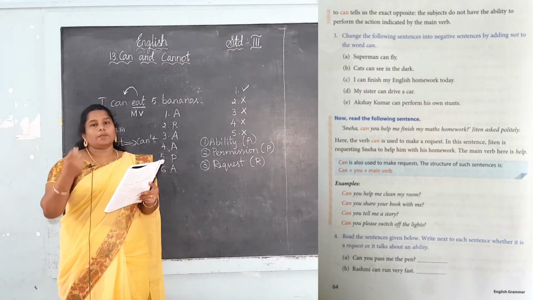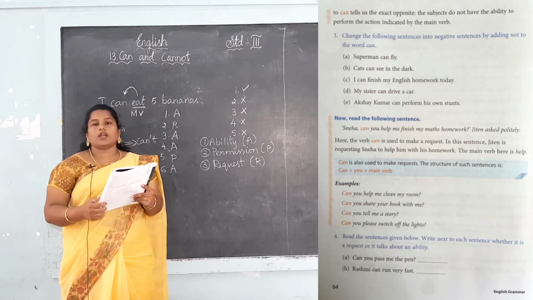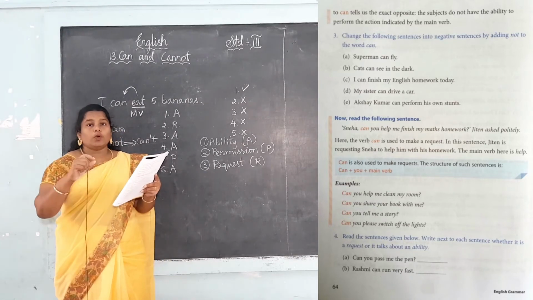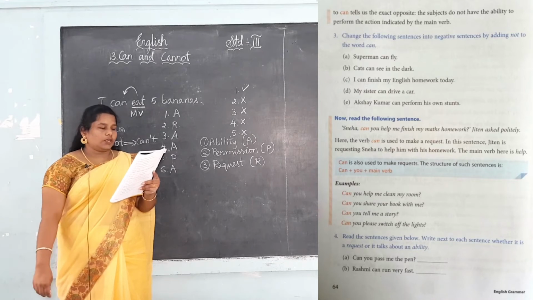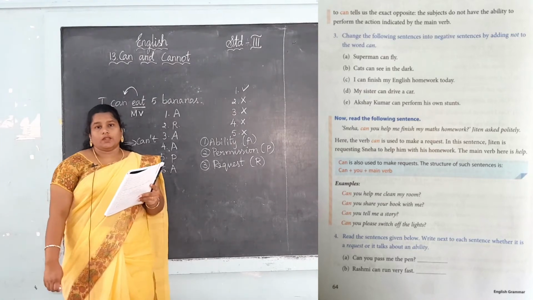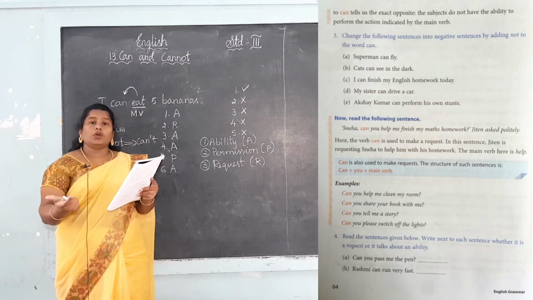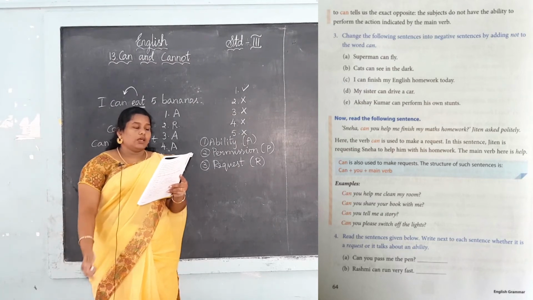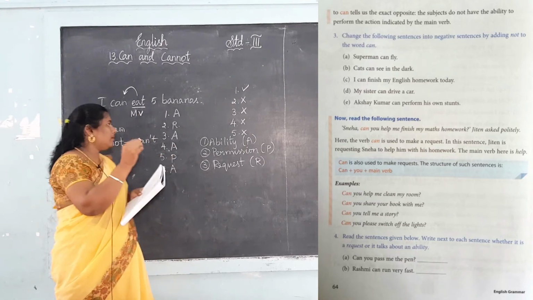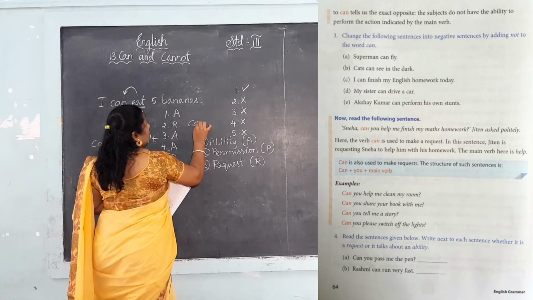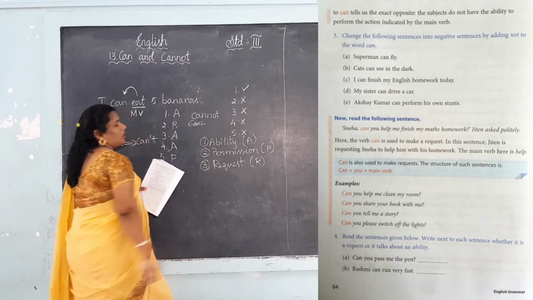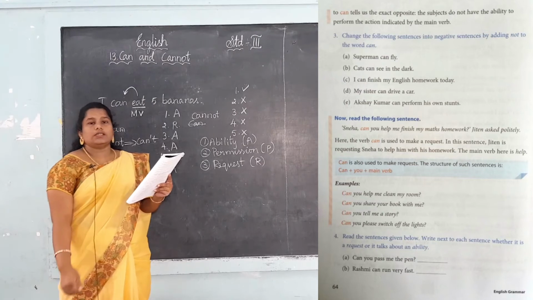இந்த சப்ஜெக்ட்டுக்கு இதை பண்ண முடியாது அப்படின்னா நம்ம என்ன செய்வோம்? cannot யூஸ் பண்ணி எழுதுவோம். See, here all positive sentences are given. You want to change them into negative. Okay, see first one. Superman can fly. How can we change it into negative? Superman cannot fly. So we strike out the can, then write cannot. Like this we fill the remaining things.